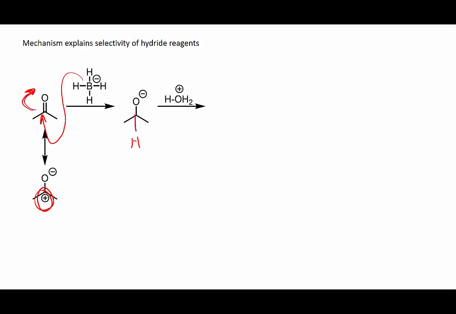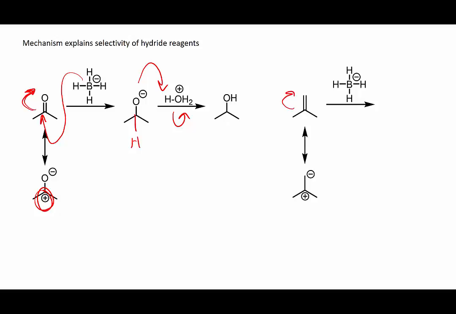After this, we can use an aqueous workup or an acidic workup. So if we add acid to this, the alkoxide here can pick up a proton and generate our final alcohol form. In the case of an alkene, if we tried to draw a similar resonance form, what we would actually see is we put a negative charge on a carbon. Carbon's not very electronegative, so this is relatively unstable. Because of that, this carbon atom here is not going to be very electrophilic, and we won't have a reaction